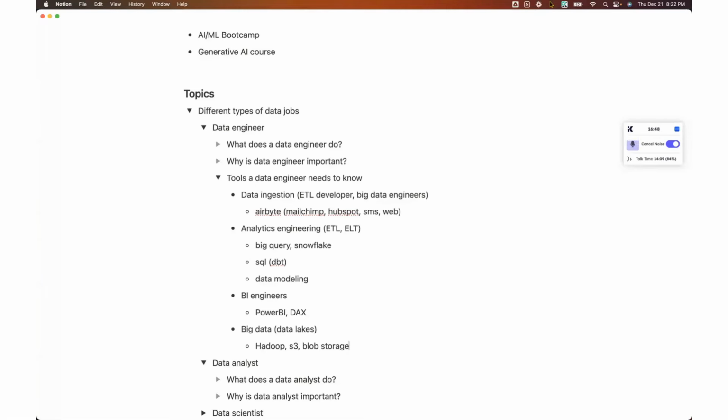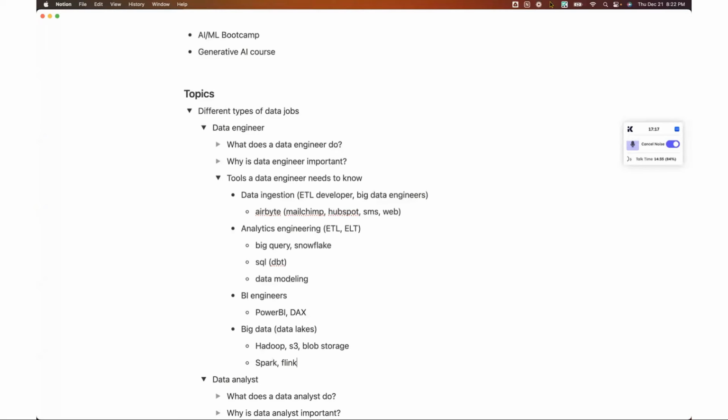And then once the data is stored in the data lake, big data engineers or developers will need to know how to use tools such as Apache Spark, Apache Flink to access the big data, and we're talking about terabytes of data and even petabyte scale data. And these jobs are typically quite expensive if you're going to do that in a data warehouse. So you're going to leverage distributed systems.